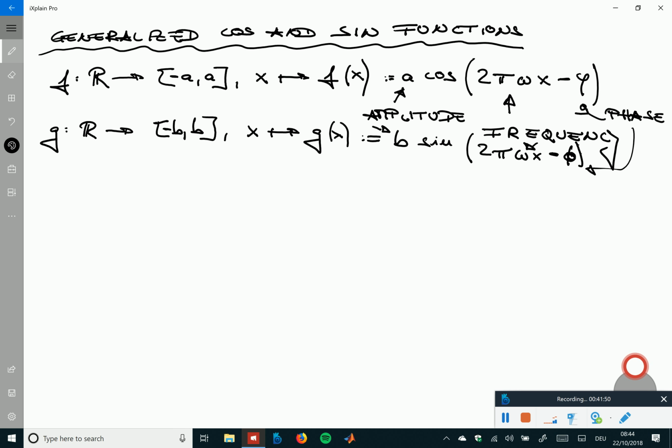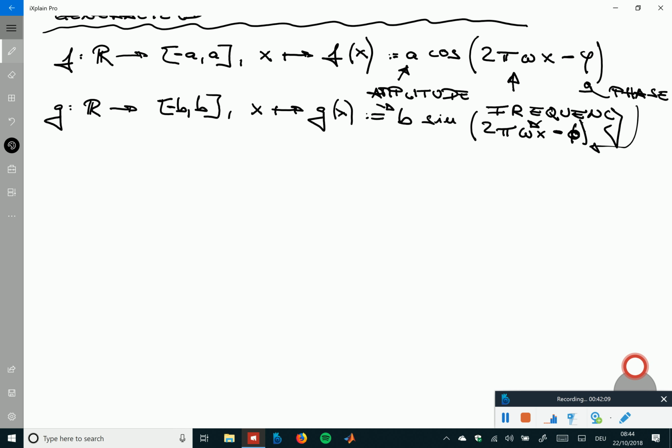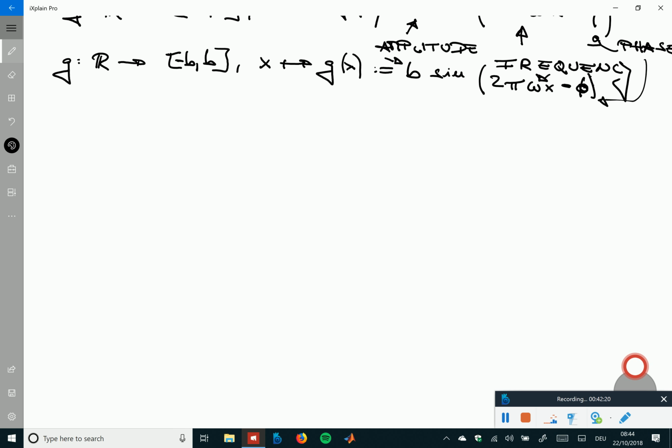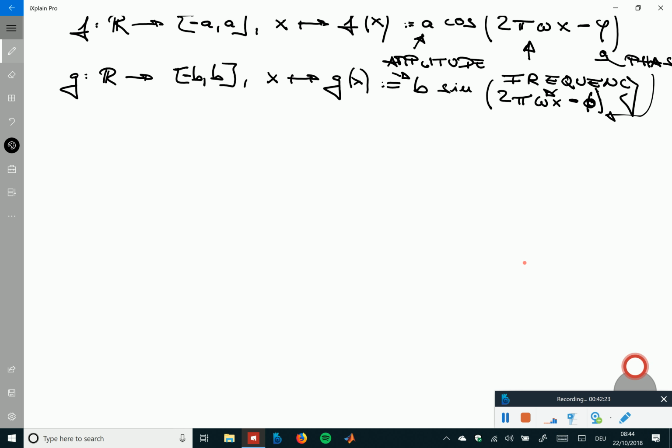Yeah. So these two are the generalized cosine and sine functions, and maybe before we talk in more detail about them, because often you find in presentations, oh, that's it. But for me, for a long time it wasn't quite clear what this 2 pi omega actually is about. Before we talk about that in a little bit of detail, let me tell you the first big thing that we want to get to, namely linear combinations of those. So what we actually want to get at is to describe functions f, now it's a different f than the one above,